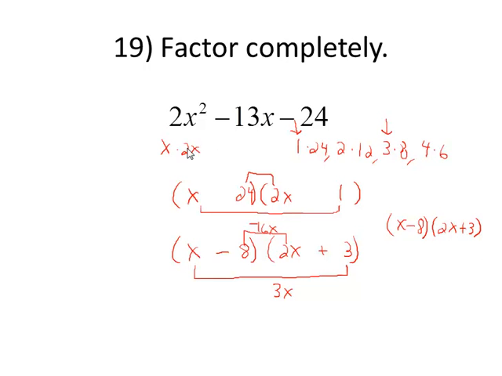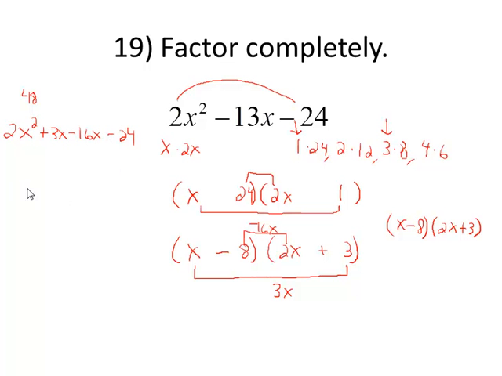There is another method you could use here, by the way. It's called the AC method. If you multiply 2 times 24, that's 48. Think of two numbers that multiply to 48 but subtract to be 13. 3 and 16 are the right pair, so I could break the negative 13x up to be plus 3x minus 16x,